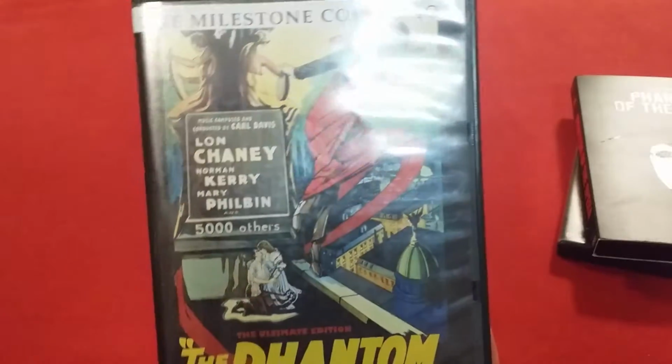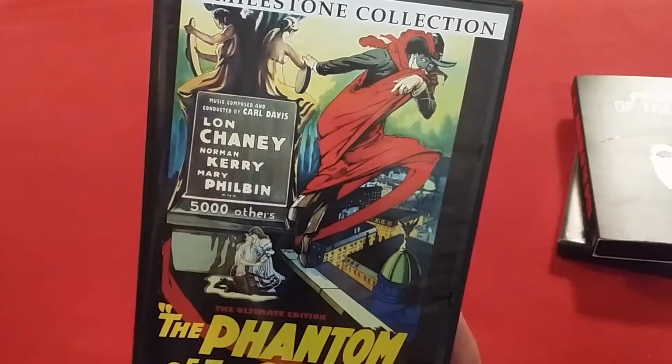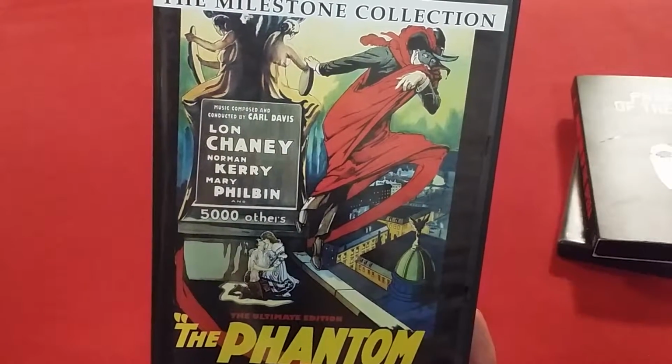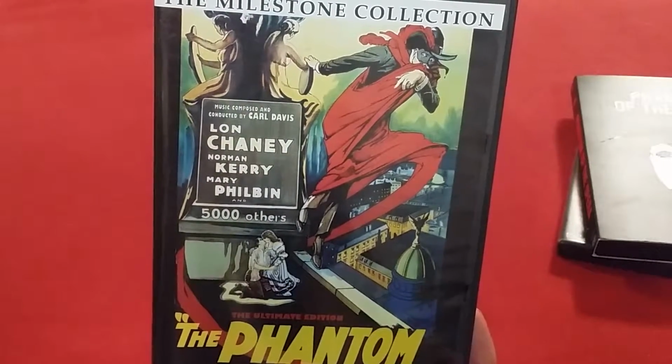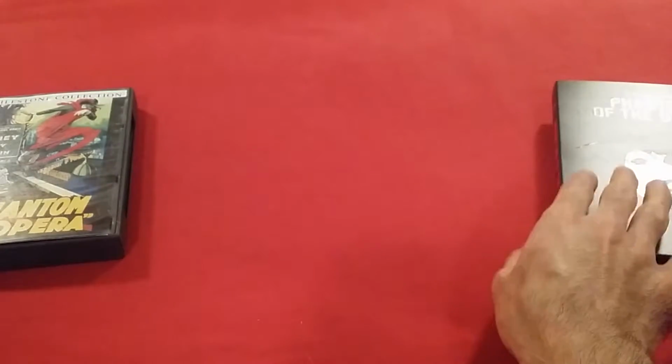I'm really glad I have this one because the Chaney movie is my favorite of all film versions of the Phantom. And I might get a second one. I might have to do some research on which other versions of this film are good, so I may be able to pick one up. So moving on, now let's go on to